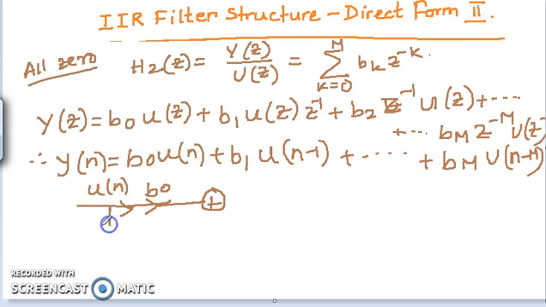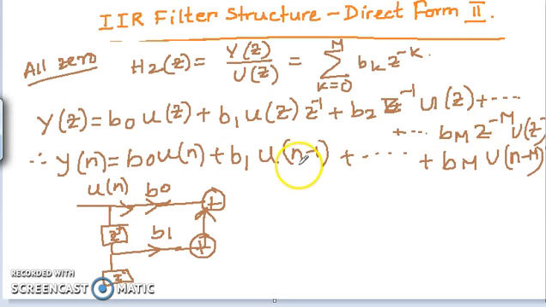So if it is u(n), and I put a z element here and multiply it with b1, I will get the next element. Similarly, I can get the next element if I put another delay element and add it up with this part. So in this way I have to add it up. How many delay elements do I need? I need up to u(n-m). So I need 1 to m delay elements depending upon the number of summations. So in this way we are going to get the